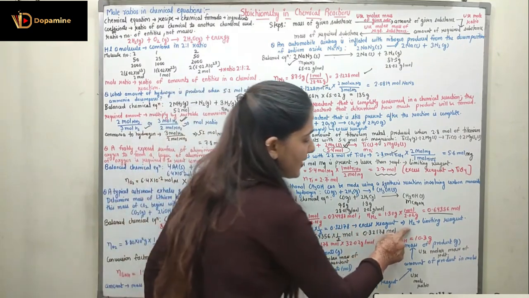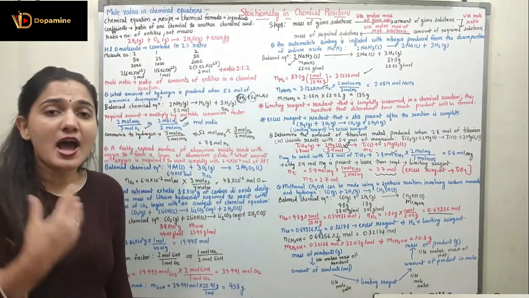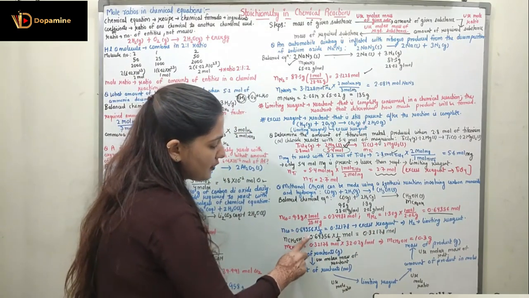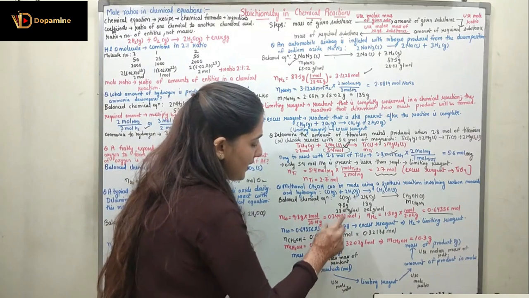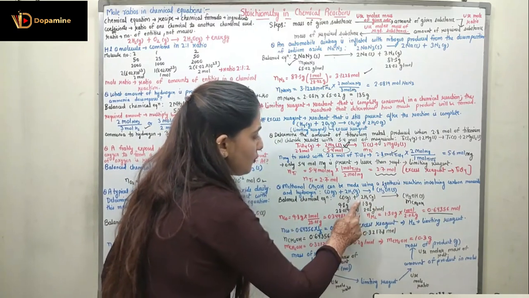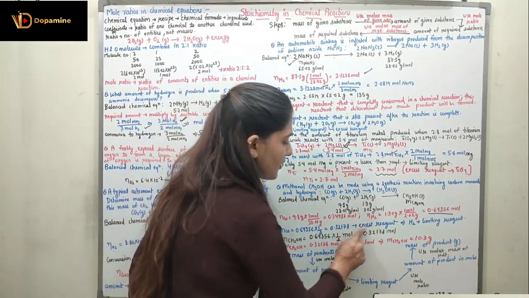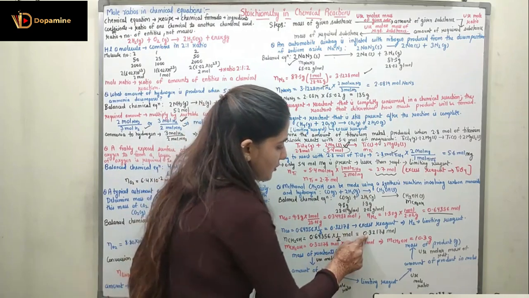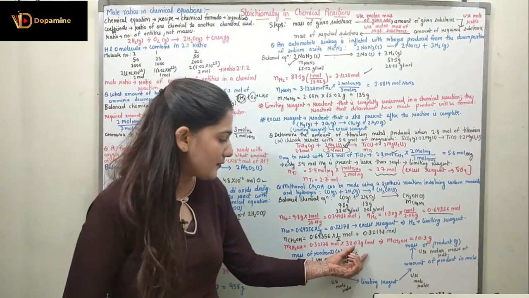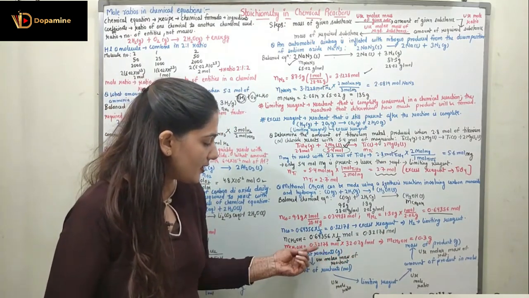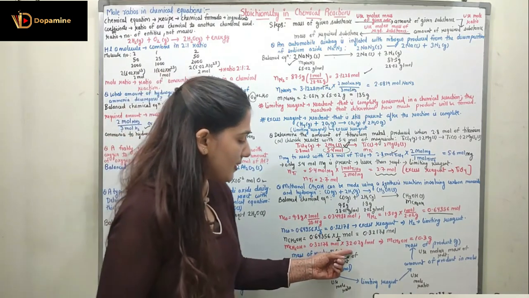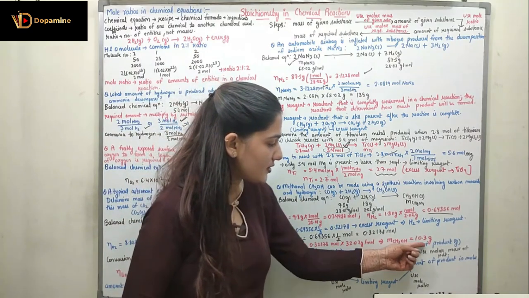It is present in the excess amount, so I can say hydrogen here is the limiting reagent, and now I am going to do all of the calculations using the hydrogen. So number of moles of CH3OH will be equal to 0.64356 multiplied with 1 by 2, because over here we have the coefficient 1. So 1 by 2, right, because I am considering hydrogen. Number of moles of CH3OH produced is 0.32178, and from the number of moles I can find out the given mass by multiplying it with the molecular mass. So given mass over here is the number of moles 0.32178 mole multiplied with the molecular mass, which is 32.02 gram per mole, which is 10.3 grams.